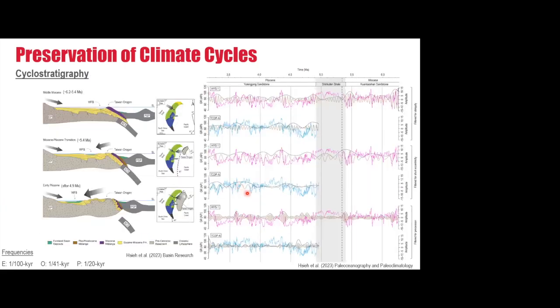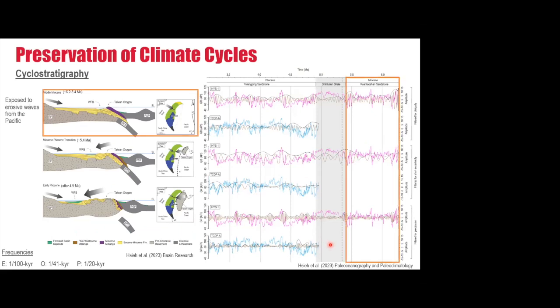So now putting everything together, the results show us how this rapidly uplifting orogen influences the preservation of climate cycles. In the middle Miocene, where Taiwan has just barely started to emerge from the Pacific Ocean, the Taiwan Strait, as we know it today, didn't exist. So sediment was susceptible to reworking by erosive waves from the Pacific Ocean. And higher frequency signals like precession are most likely to be removed. And this results in the low preservation of precession signals while obliquity and eccentricity dominated.